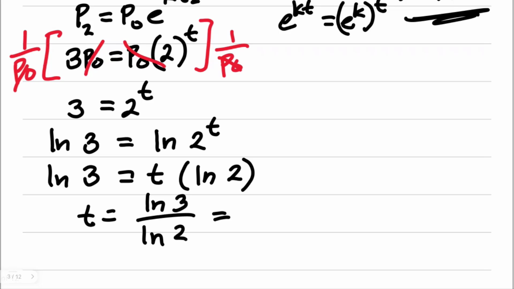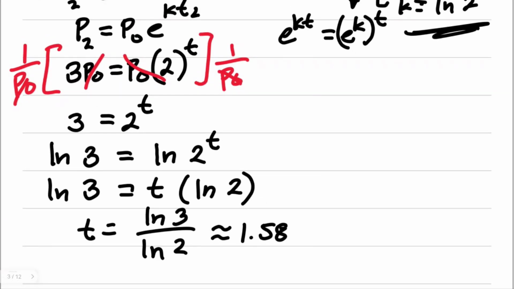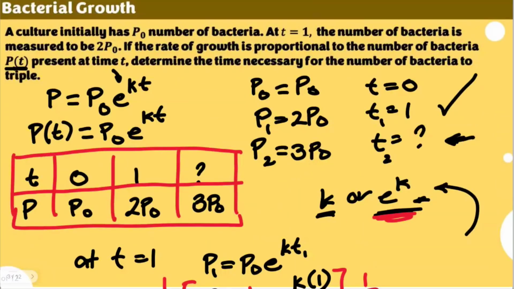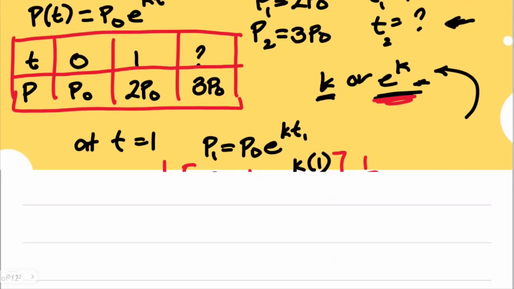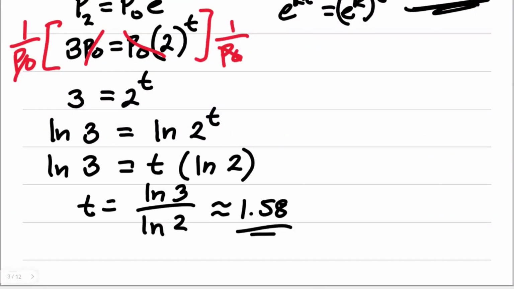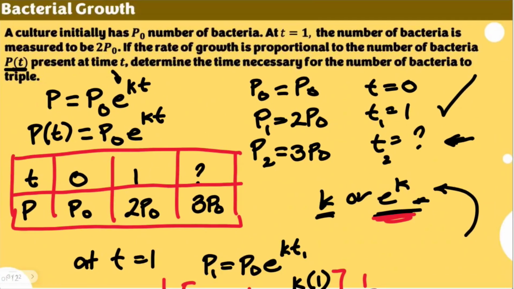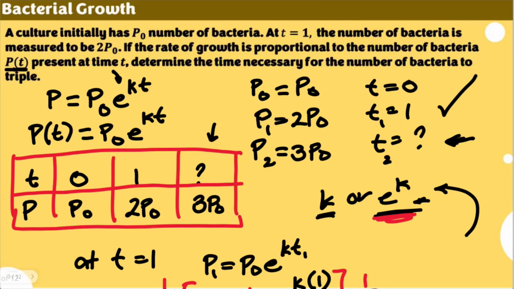And if you would like to use your calculators for this approximation only, this is approximately, not equal, because we cannot get its exact value, approximately 1.58, whatever that unit of time, if it's hours, if it's minutes. So let's just simply stick to this because the given did not state any type of unit. So let's have here 1.58 units of time. This is the value of t intended for this item. Again, probably in terms of hours, minutes or days, we don't know that yet. But this is how we solve it.